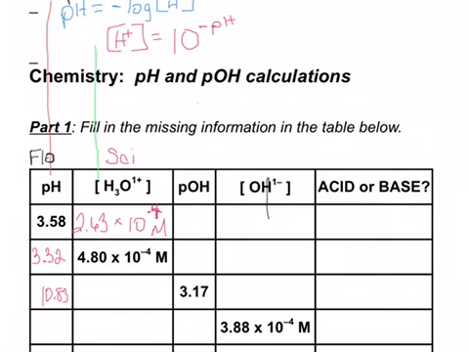There's only that one formula. So if you don't know the pH, you can't start there. You got to start somewhere else. All right. Let's take a look at pOH. I guess I shouldn't have used so many different